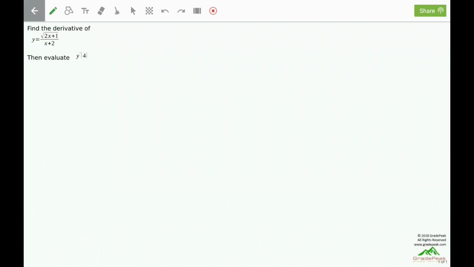Find the derivative of y equals the square root of 2x plus 1 divided by x plus 2, then evaluate y prime of 4. So y here is the quotient of two different functions. We have in the numerator a square root of 2x plus 1, and then in the denominator an x plus 2. Let's rewrite that numerator expression with a fractional exponent due to the root: first power, second root, 1/2 power